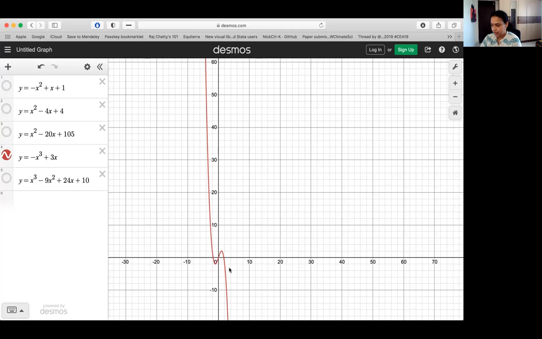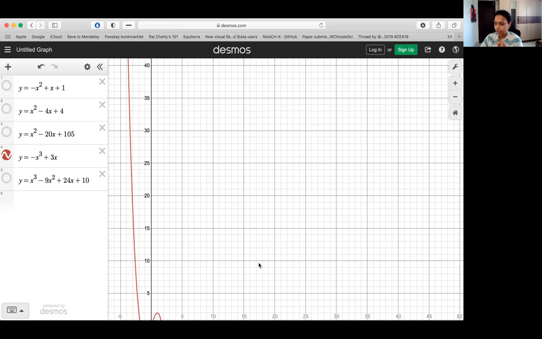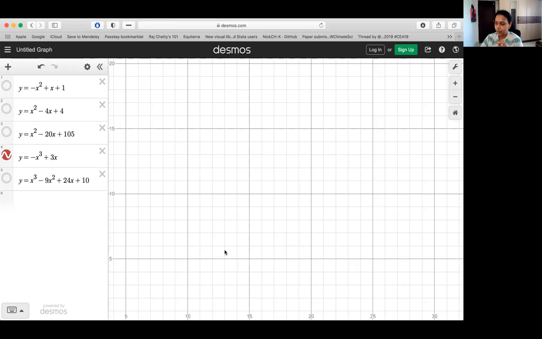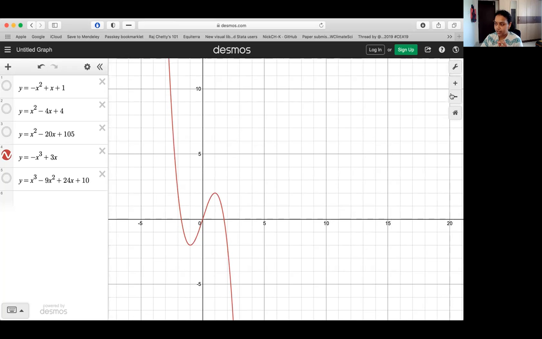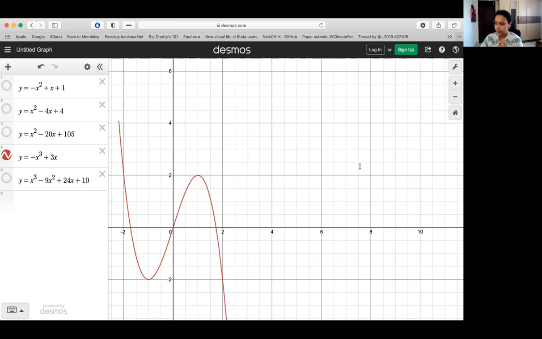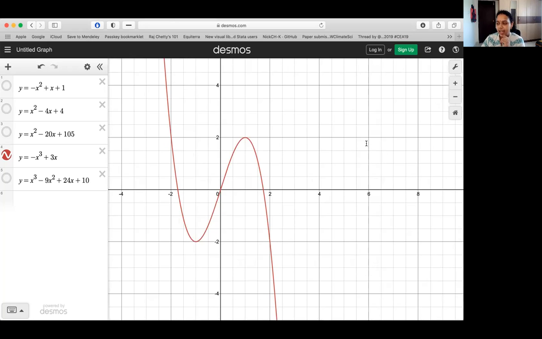It has a very interesting shape, right? It's not a straightforward U or an inverted U, but it takes on an unusual shape. Now let's try and understand the behavior of the function around the critical points that we saw. Remember, our critical points were at 1, 2 and minus 1, minus 2. I've zoomed in on the function. Now this is the point 1, 2, and you see the function has a maximum there. And this is a concave